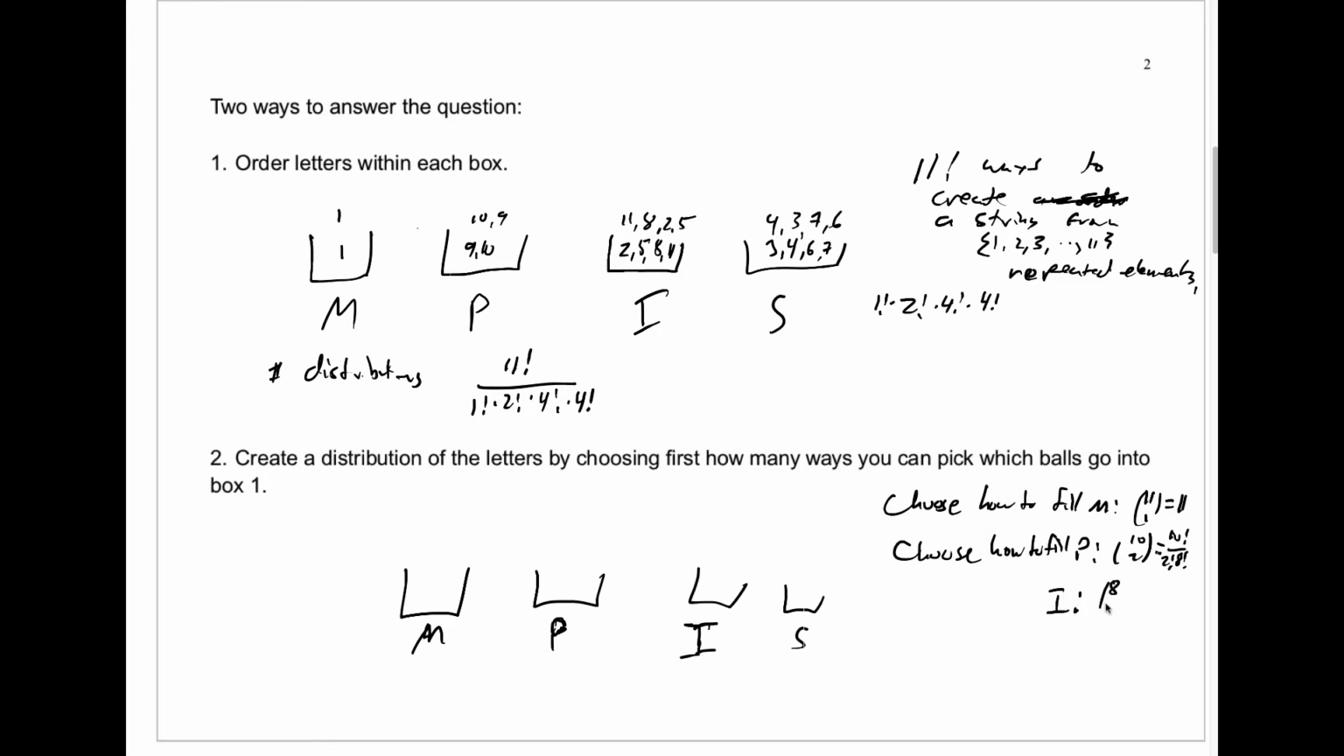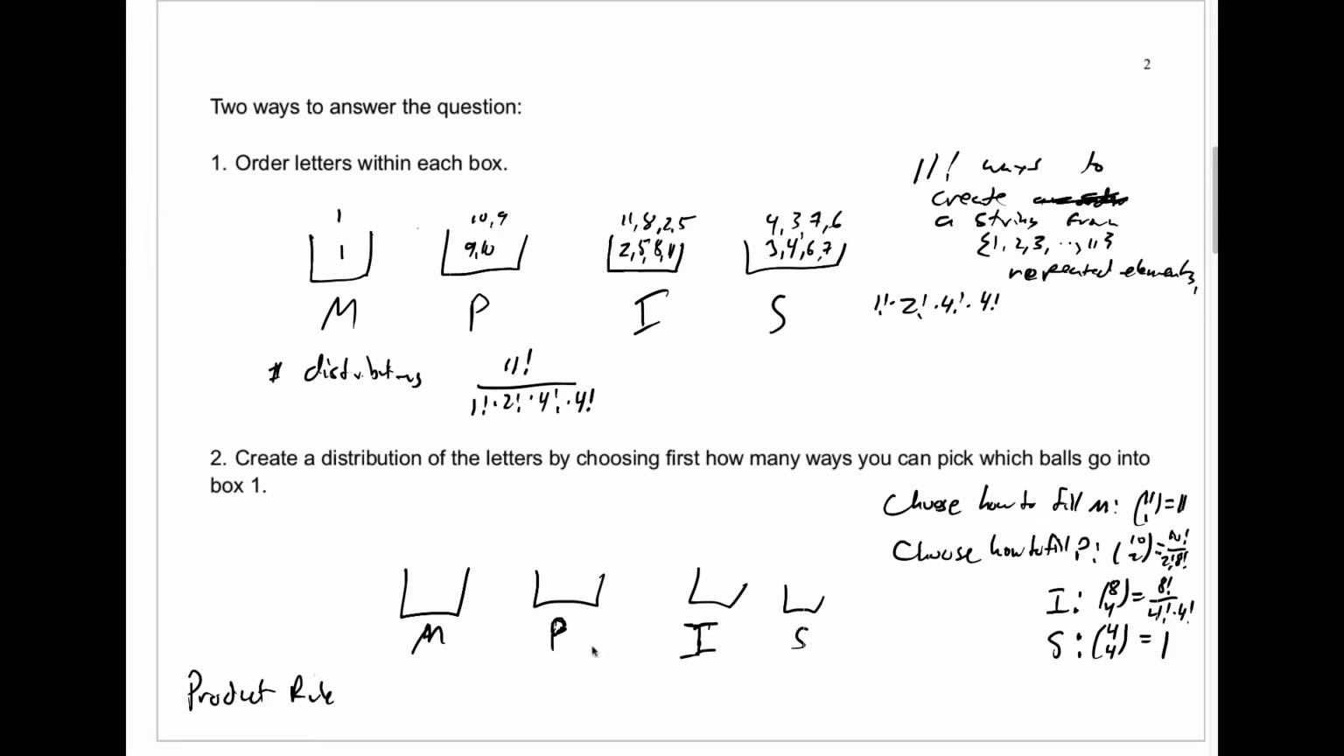So it'll be just 8 choose 4, which can be written as 8 factorial over 4 factorial times 4 factorial. And finally, how many ways can I choose to fill the S box? I only have 4 elements left, and I have to pick 4 of them to put in the S box. That will be just one way to do it, put them all in. So by the product rule,